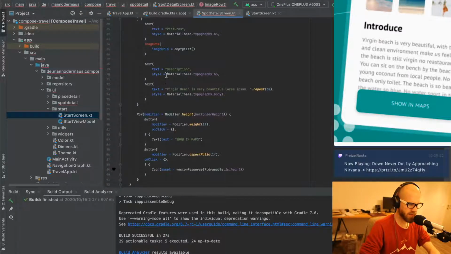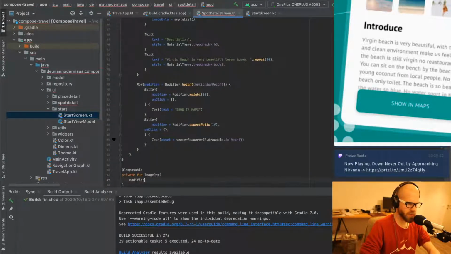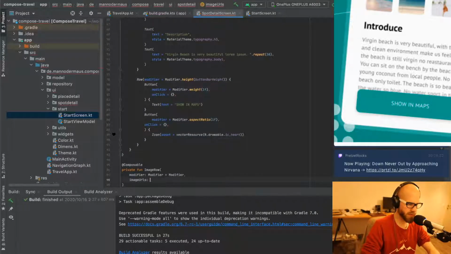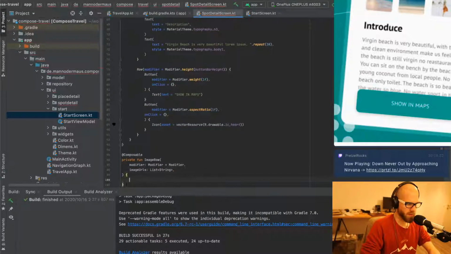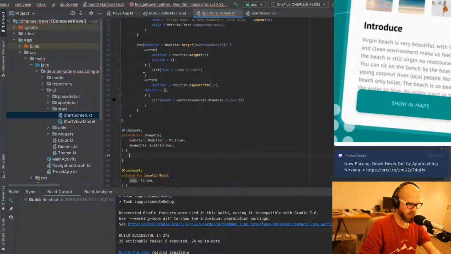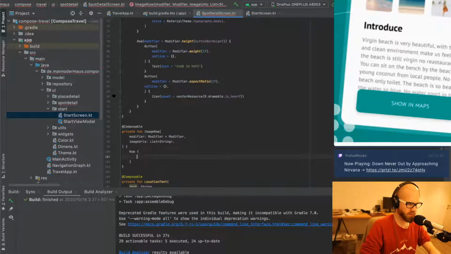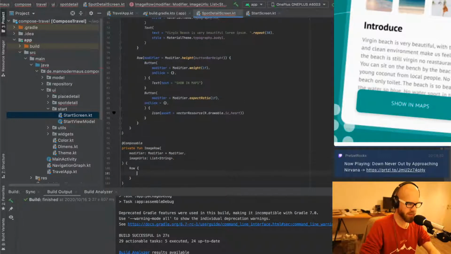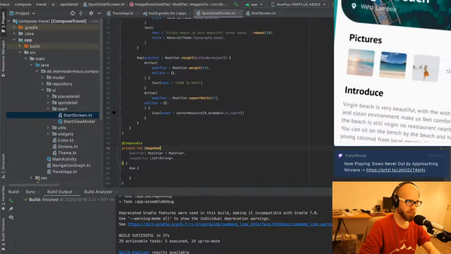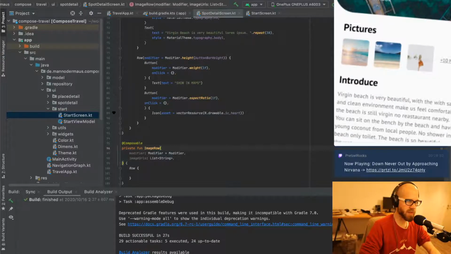It has the ability to put a modifier on it, and it has image URLs, a list of strings. And it's gonna have a click listener eventually. It's also gonna be a row, and then it has 3. Oh yeah, let's actually make that configurable. So 3 of these images are shown as squares, and then everything else is shown as a text that says plus however many more